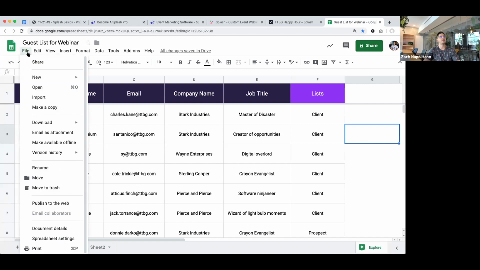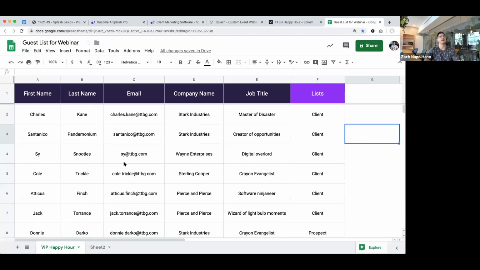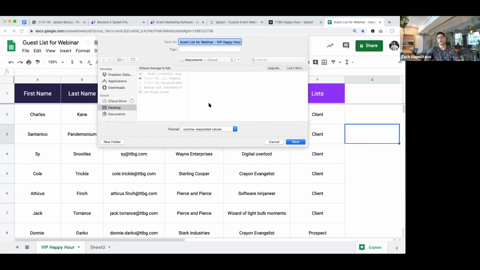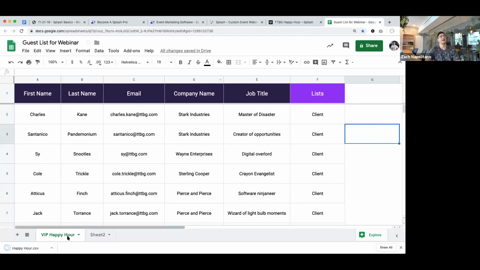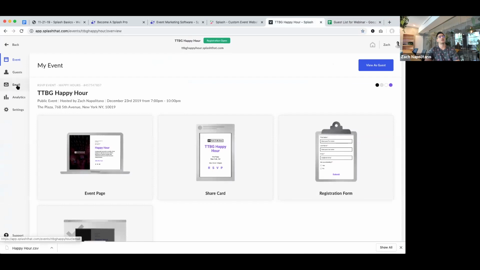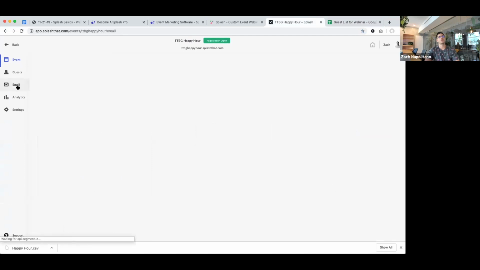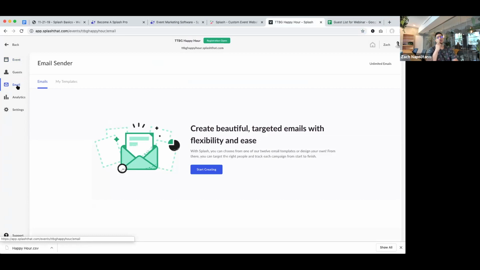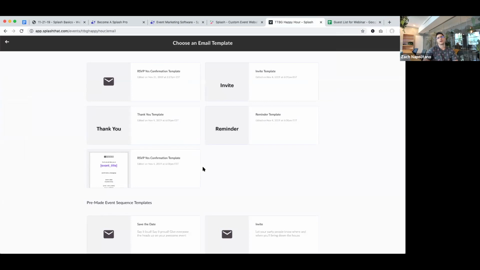So what we do after we've prepared our guest list, we download this to a CSV file format. I'm just going to name it Happy Hour. I believe that's in my documents now. And now we'll go back to our event and we'll just sit on that for a moment because we're going to work on our email. Okay, so we have our list prepared. We're going to build an email, and then we're going to send out the email to the list by way of uploading it together. So I'm going to hit the Start Creating button, and wow, what a relief.